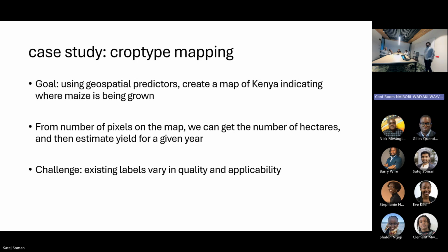And from this kind of static demo, I'm going to talk about an actual case study where it's very early days in applying this tool, but it's already shown some pretty interesting and promising results. And the overall goal of this project is to create a crop type map of Kenya that indicates where maize is being grown. So maize obviously is an important staple crop in many diets across East Africa, but it's also